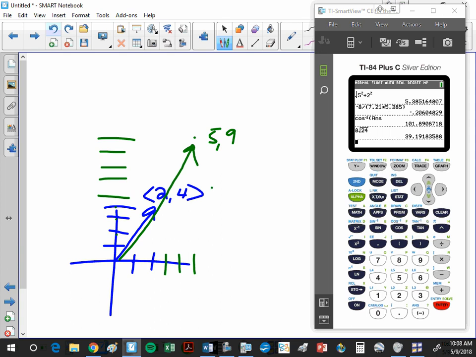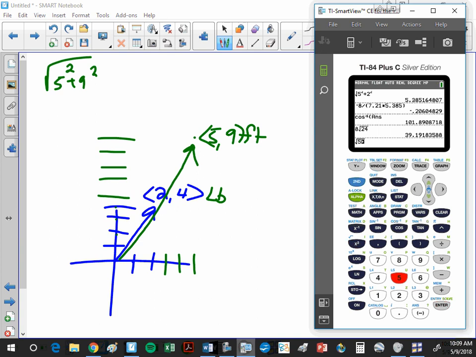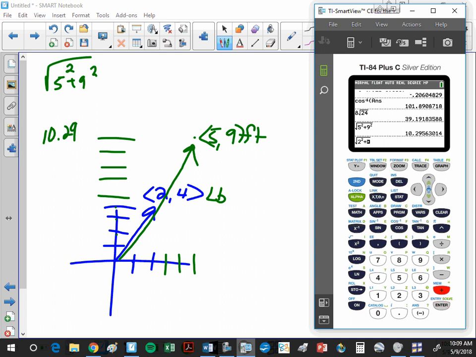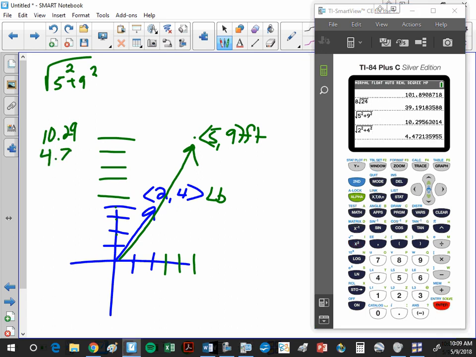So this is in pounds and this is in feet. Okay, let's do that. So 5 squared plus 9 squared, take the square root, and I get 10.29, and the other one is 2 squared plus 4 squared, so 4.7472. If I multiply those together,